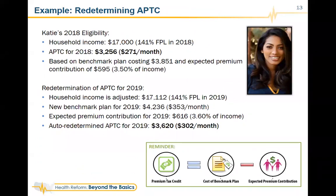Healthcare.gov also takes into account the new benchmark plan for 2019 when redetermining APTC amounts, which is really important. So here we have Katie again. She's going to have her tax credits auto-redetermined for coverage in 2019. In 2018, her income was $17,000. That put her at 141% of the poverty line. And she received an advanced premium tax credit of